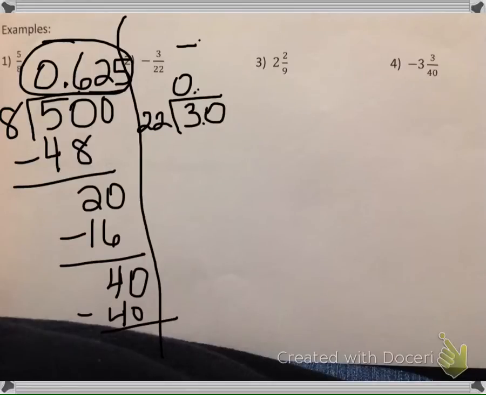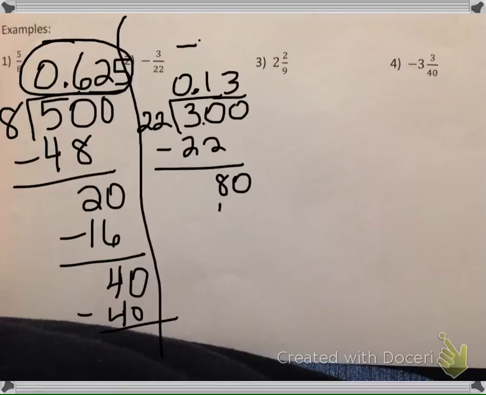Okay, and we have 30 divided by 22 is once. It goes in one time. Subtract that, you get 8. Okay, 80 divided by 22. It doesn't go in 4 times, so 3 times. That would be 66. We subtract there and we get